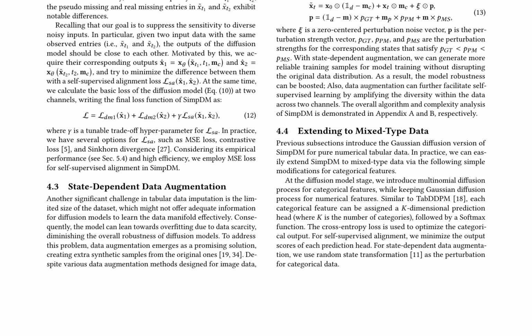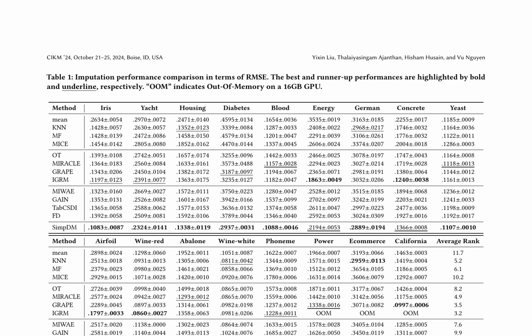Additionally, the authors propose a state-dependent data augmentation strategy, which perturbs entries in different states, ground truth, pseudo-missing, and missing, with varying strengths. This strategy can generate more reliable training samples and boost the robustness of the diffusion model. The authors also extend SimpDM to mixed-type data by introducing multinomial diffusion processes for categorical features and using random state